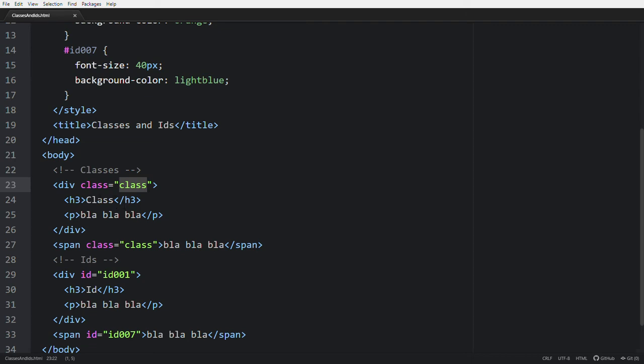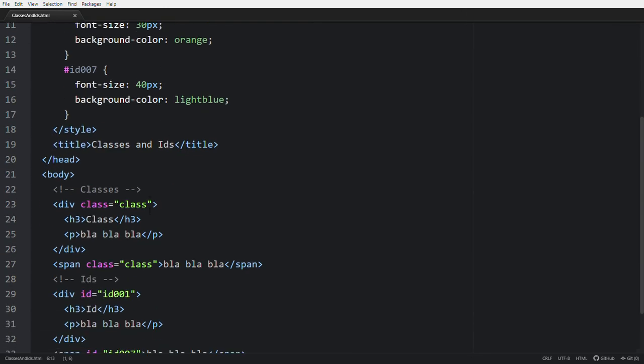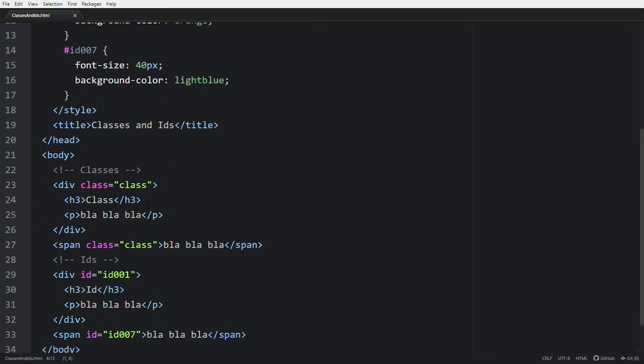In the style sheet, we use this data class to make a change on that specific element. See this class attribute value and this class attribute value, both are the same.